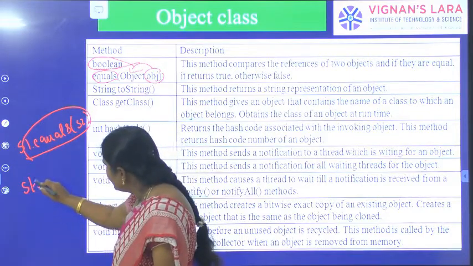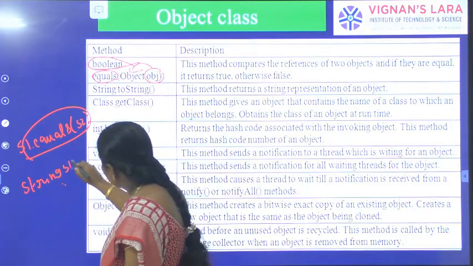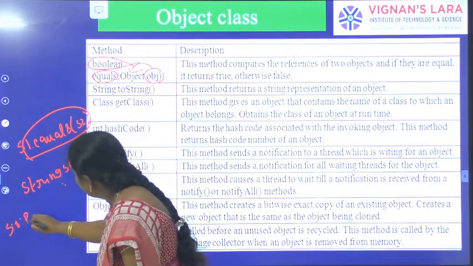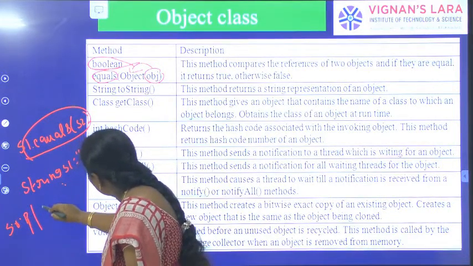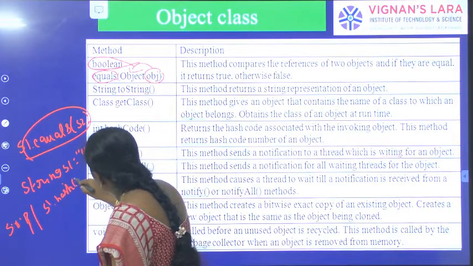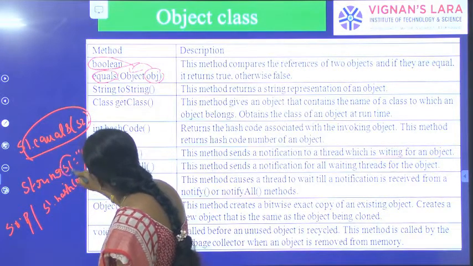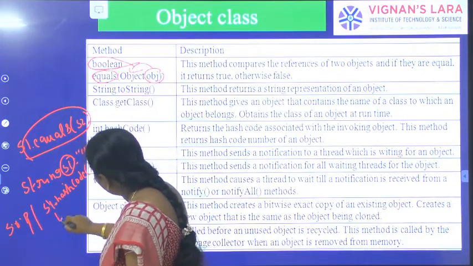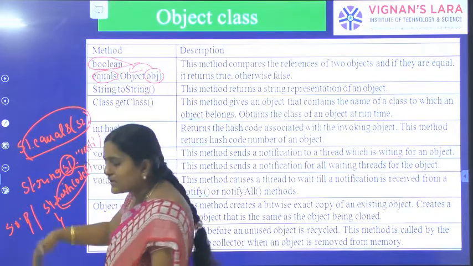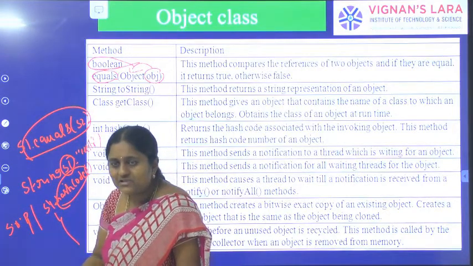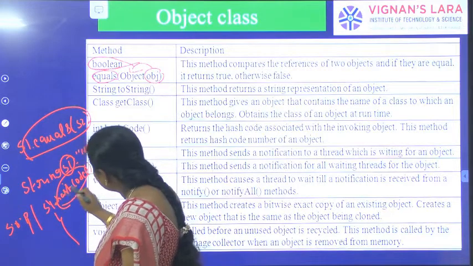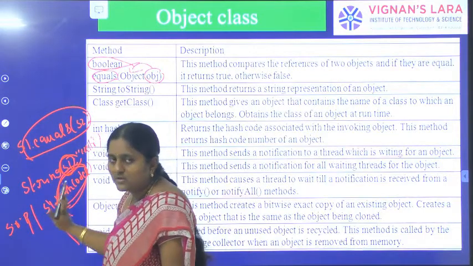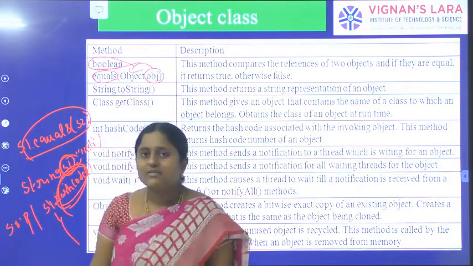Suppose I am defining String s1 equal to hello. After that, I am printing one SOP statement, s1.hashCode(). I am calling hashCode. I want to know which address space s1 stores in our memory. Whenever I call the s1.hashCode() method, hashCode is in the Object class. Object is the root class for every class. So we can simply access the hashCode method with the help of an object reference, s1.hashCode(). Whenever I call the hashCode method with an object reference, it returns the address of the given object.